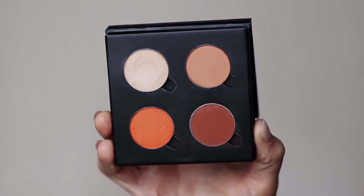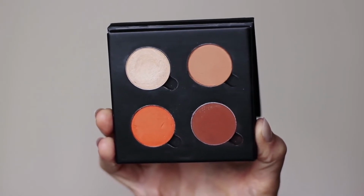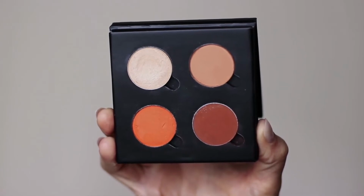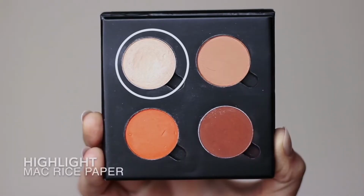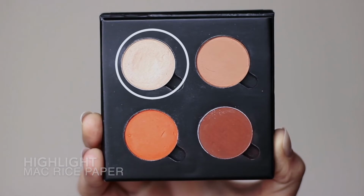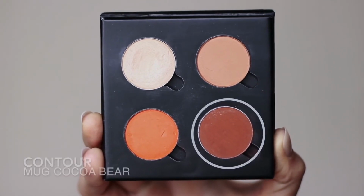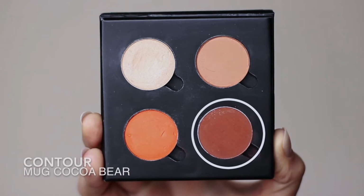So for this look, I've picked 4 eyeshadows. This isn't a palette, these are shadows that I put together myself. And I want to show you guys how to pick shadows that are going to work for you. So the first shadow is the highlight. This should be at least 1 shade lighter than your skin tone, but can be anywhere to 4 or 5 shades lighter. The next one has to be at least 1 shade darker,